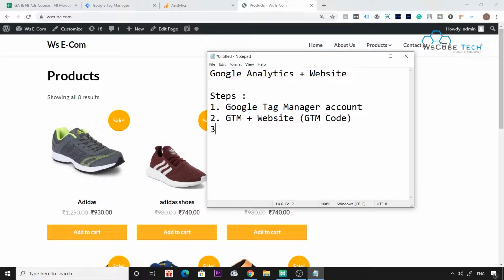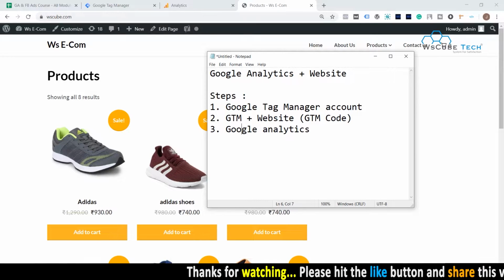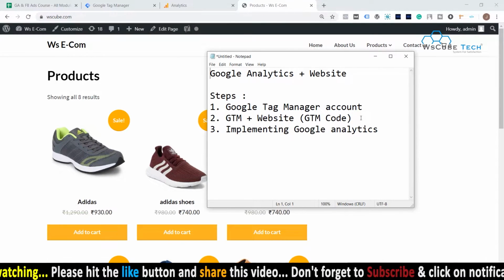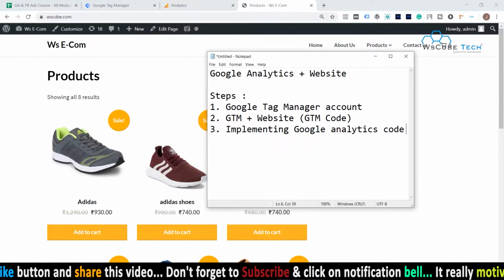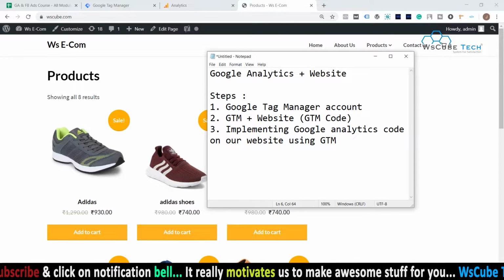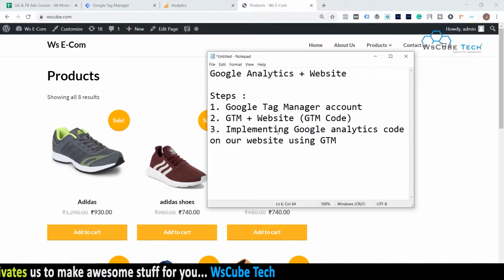Then in the third step, we will be implementing Google Analytics code on our website using GTM. So we will be using GTM to connect Google Analytics and our website.